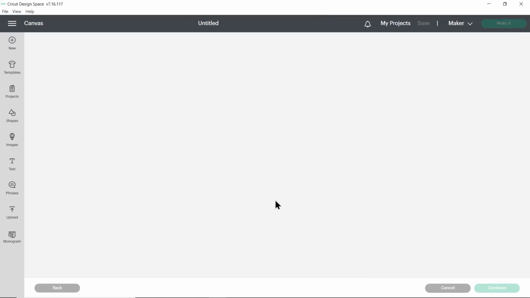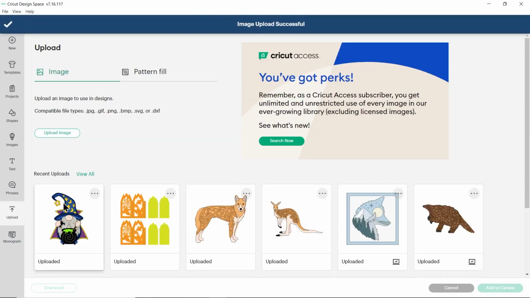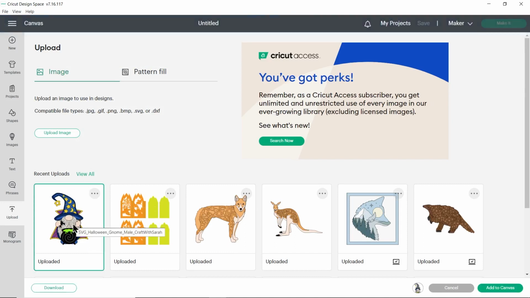And then I'll click and drag that in, and it should look like this with all of the layers one on top of the other. If yours looks different and you see all the layers next to each other instead, that means you've accidentally uploaded the wrong file. So if that's the case, click Cancel down on the bottom and then start again and make sure you choose the one which starts SVG. Press Upload on the bottom right, and then it will appear in your recent uploads. Click on it to get the green border around the edge, and then press Add to Canvas.